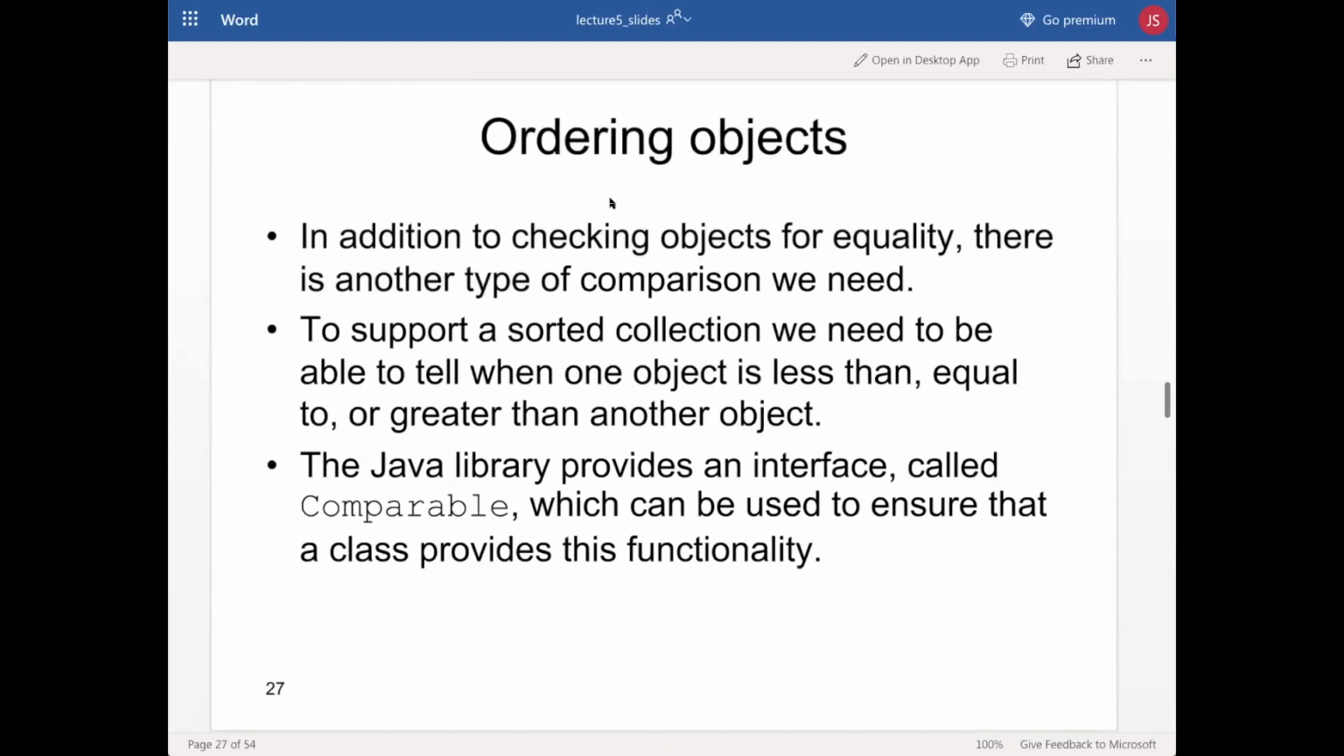Ordering objects. Okay, so in order to check objects for equality, there's another type of comparison we need. This is very important because now we're talking about sorting the elements inside the collections. Sorting means that there's some sort of ascending and descending order in the objects that we have in the collection. And in order to establish which object is greater than the other, or smaller than the other, or equal to each other, right? Less than, equal to, and greater than, we have to make use of another Java